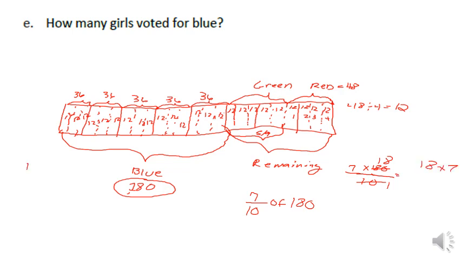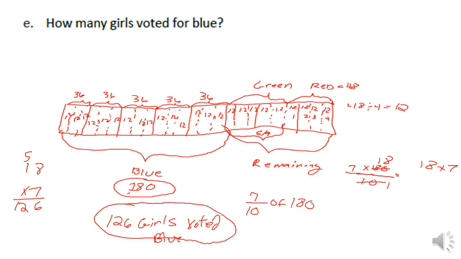That leaves us with 18 times 7. And let's try that. 18 times 7. 8 times 7 is 56. And 7 times 1 is 7 plus 5 is 12, so 126. So we just checked it and verified it. So we know there were 126 girls that voted blue. But if you notice, we solved this question before just by